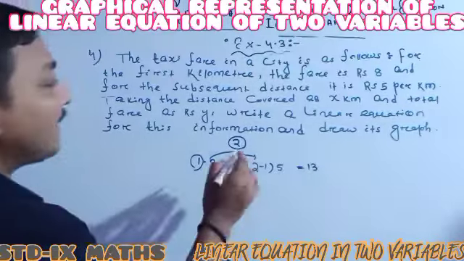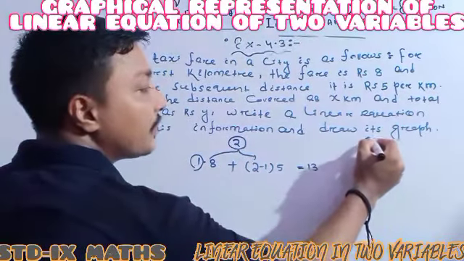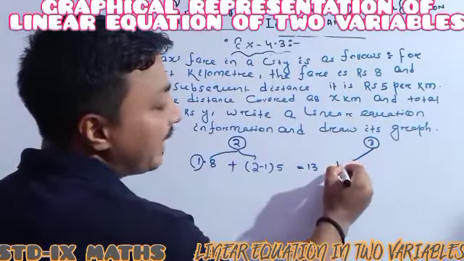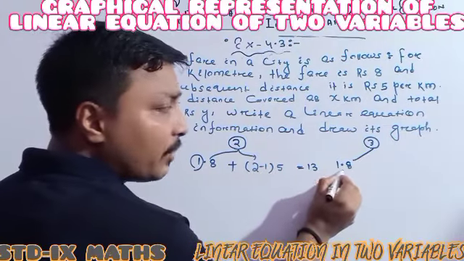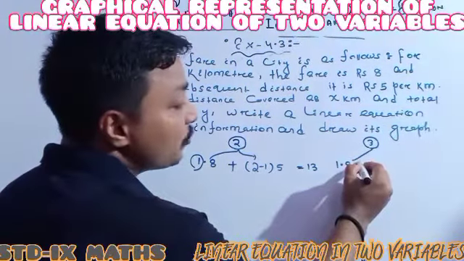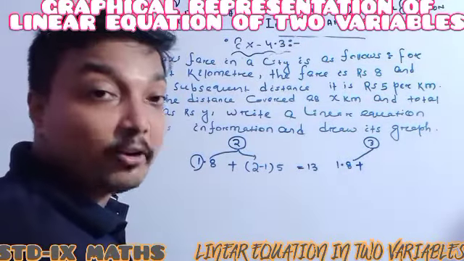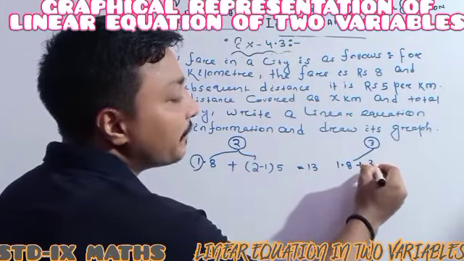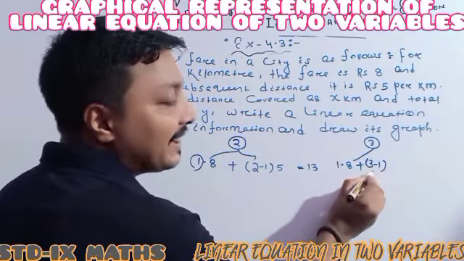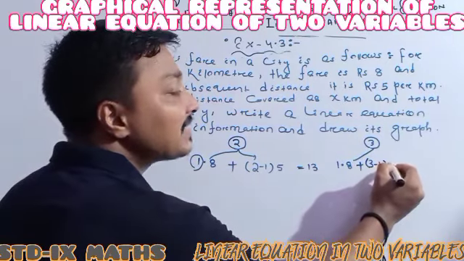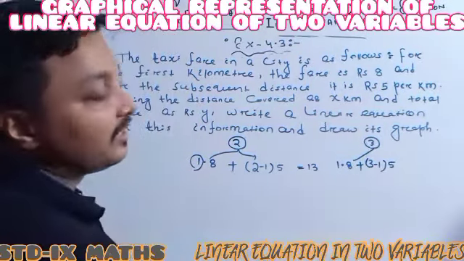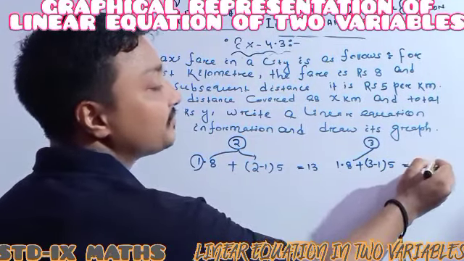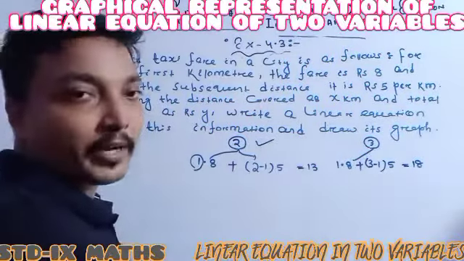Understood? Suppose we are traveling 3 kilometers. So 3 kilometers means the first kilometer is ₹8. It means 1 into 8. First kilometer means 1 kilometer gone. Then how many more kilometers are still to go? It is our 2. How do you get 2? Because 3 minus 1 is 2 left, and for those 2 kilometers you will be charged ₹5 for each kilometer. 3 minus 1 equal to 2, 2 into 5 equal to 10, plus 8, which is our 18. So this is one particular case.